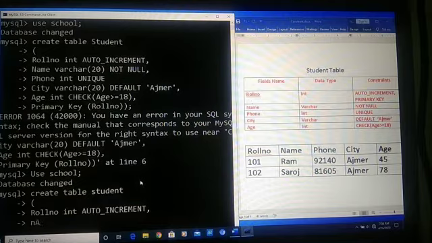So we will write name. Its data type is varchar, and it takes size 25, and we will set constraint. It should be not null. So we will write not null,